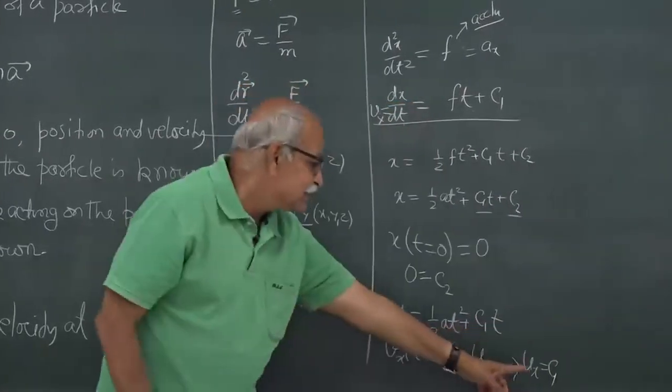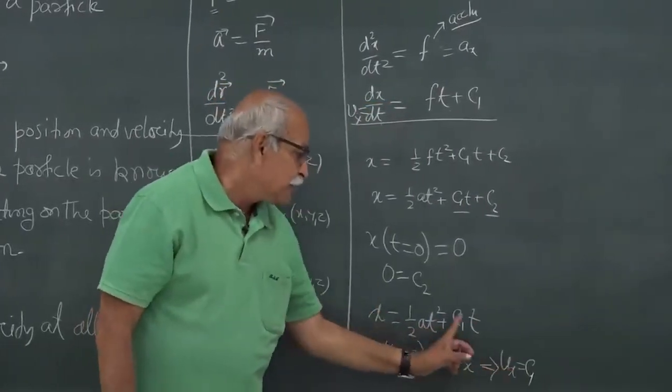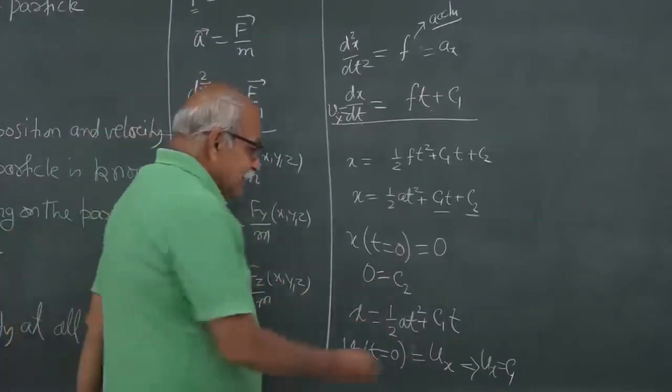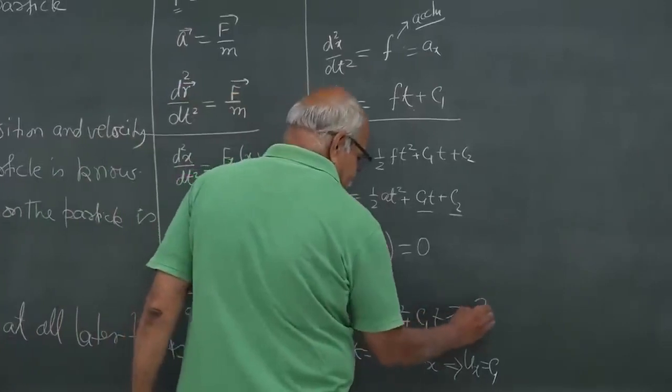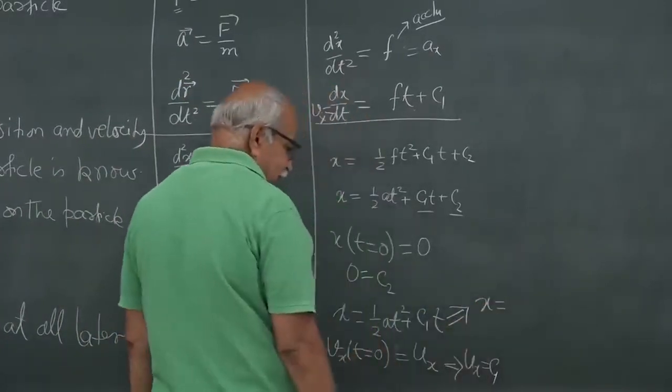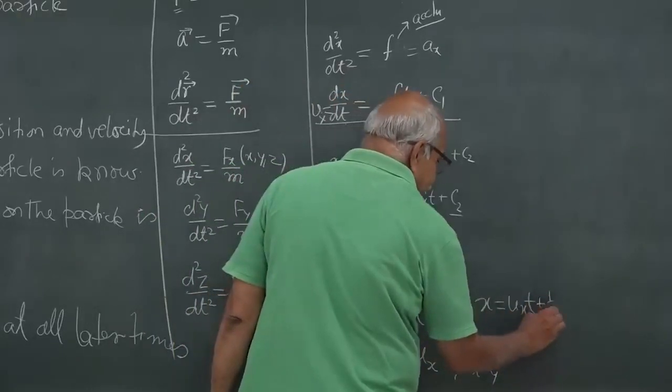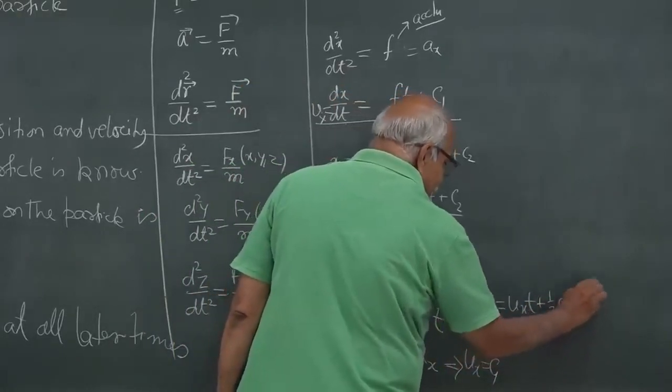So, this c1 is that x component of the velocity at t equal to 0, and you put it here and you get your very well known equation, x is uxt plus half ax t square,